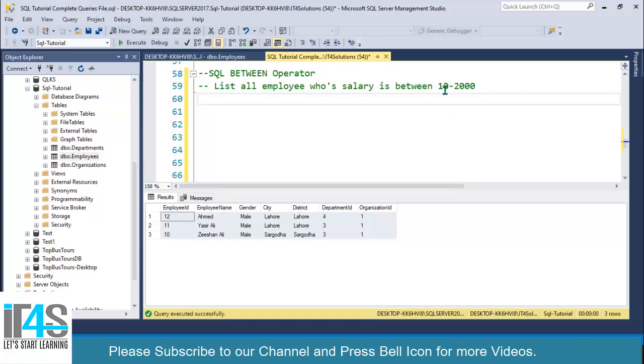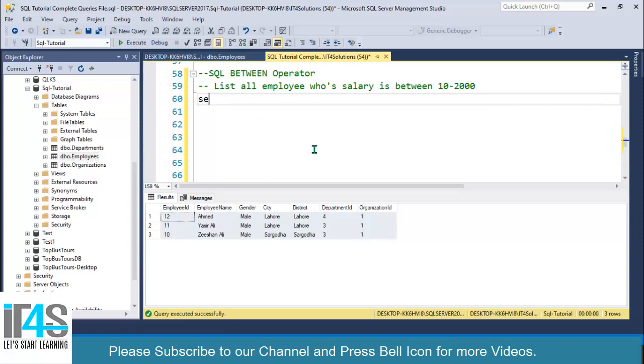Look at this, we have a range of 10,000 to 20,000. For example, your boss says display the report of recent sales from this date to this date, or display all products from this price to this price. In the case of a range, you should use the BETWEEN operator. So we'll cover this use case over here.